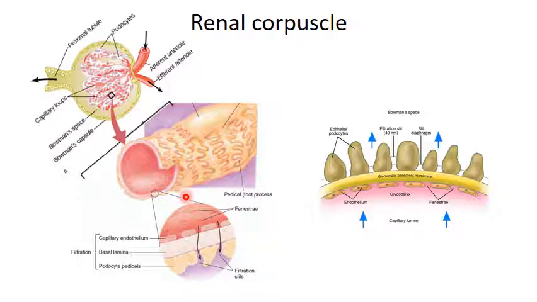So when glomerular filtration takes place, plasma actually has to cross these three layers. First the endothelium, which is the innermost layer, then the basement membrane or basal lamina, and then the filtration slits. Filtration slits are actually the gaps between two foot processes through which glomerular filtrate can pass. And these three layers are collectively called the filtration membrane. This diagram is also showing the filtration membrane.